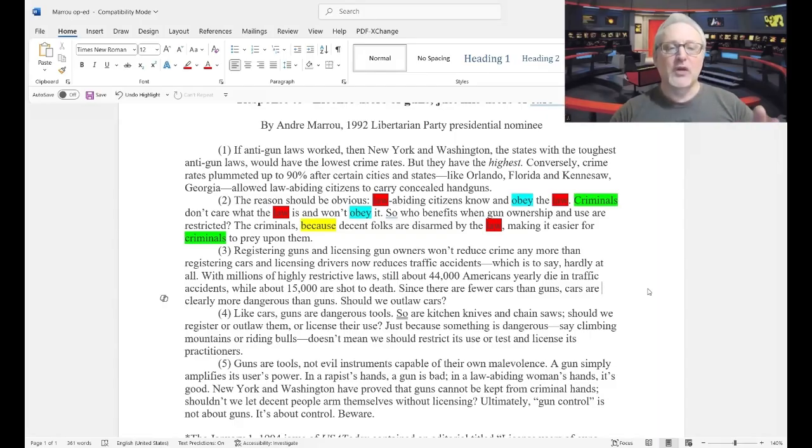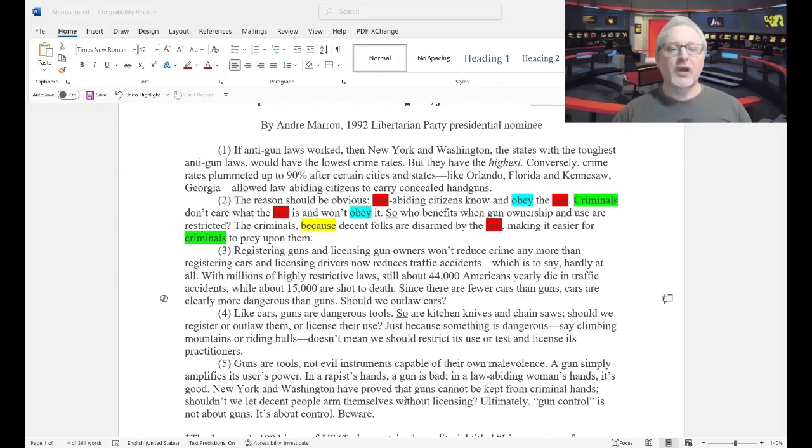So this paragraph is introduced with a comparison. The first sentence in the paragraph, possibly the topic sentence for the paragraph, if you know what that is, is making a comparison between licensing guns and licensing cars. No, wait. Registering guns and registering cars and also licensing drivers of cars and licensing owners of guns, right? So there's a comparison being made here between guns and cars.